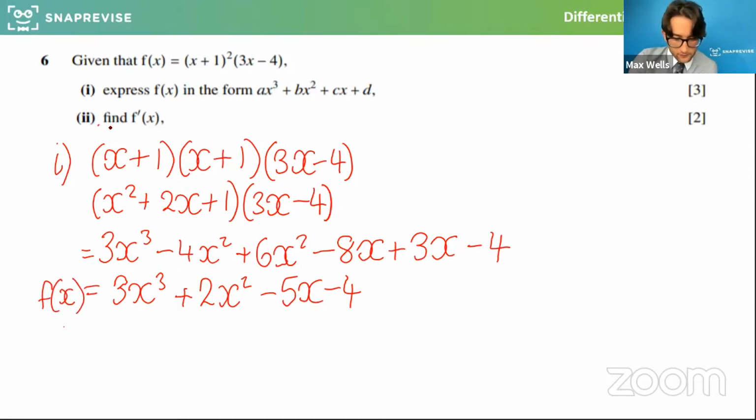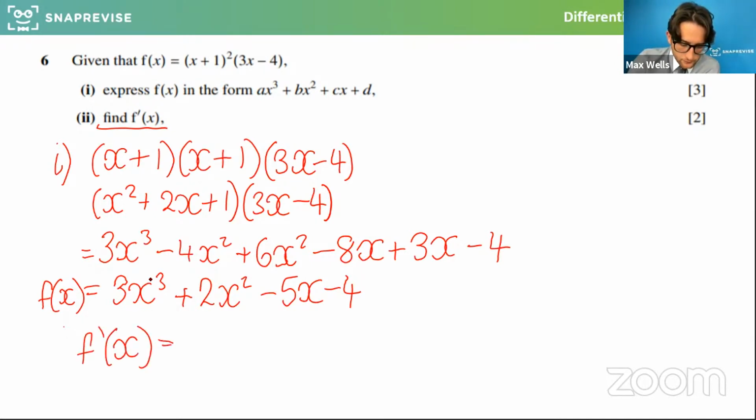Now it's asking me to find f dash of x. It's asking me to differentiate. We want the derivative. Is that okay? Am I all good there? Cool. Right, so differentiating it then,